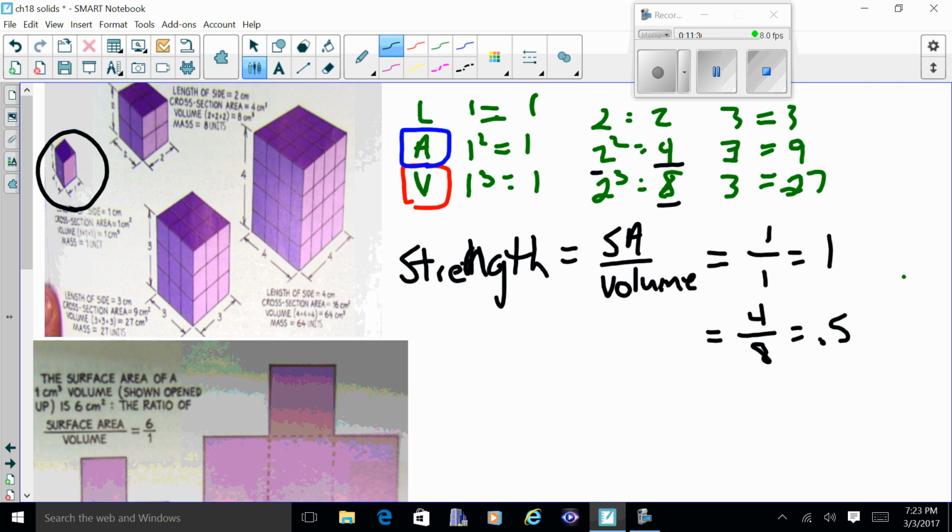Now, let's look at the third one here. The third had a surface area of 9, but its volume was 27. So now you went down even lower to 0.3. So every time something gets bigger, it actually gets weaker. And that's why things like an ant, well, you might not think an ant's as strong as an elephant, but an ant can lift many, many times its body weight. So in a way, it's a lot stronger because an elephant could not lift its body weight. Okay, even though it can lift many more pounds than an ant, it couldn't lift many times its body weight